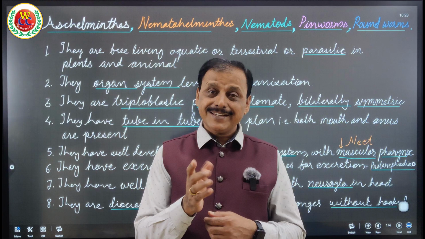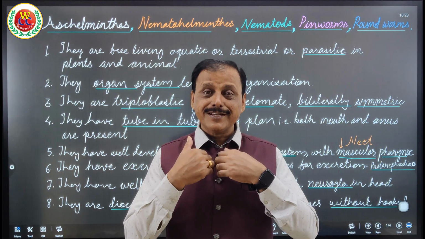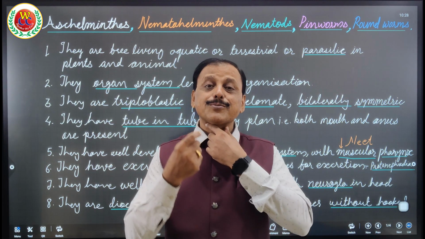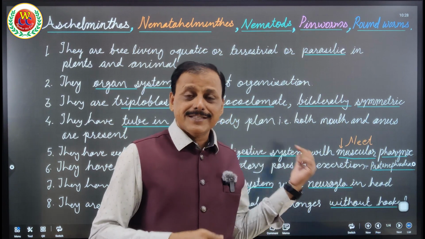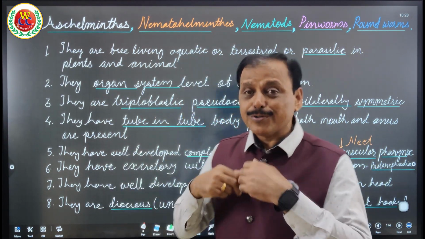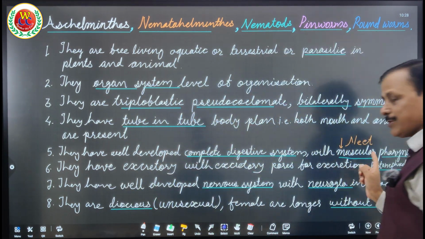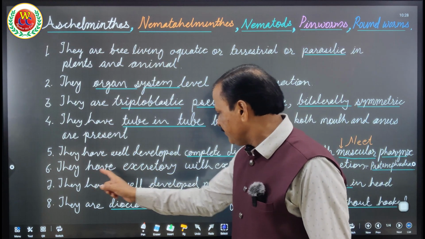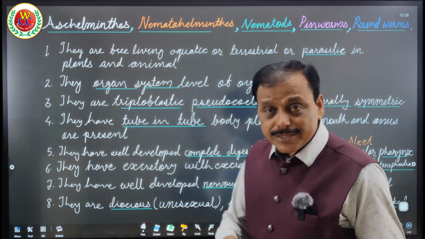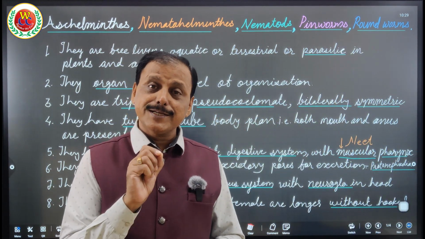So see, before that it was not so. From here we have got that muscular pharynx. We swallow. The same way, these Aschelminthes were the first to swallow their food, and therefore their digestive system evolved with muscular pharynx. Next one, they have excretory system with excretory pores, and that excretory pore was the